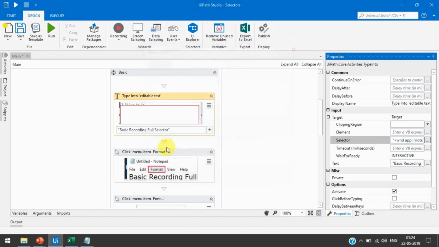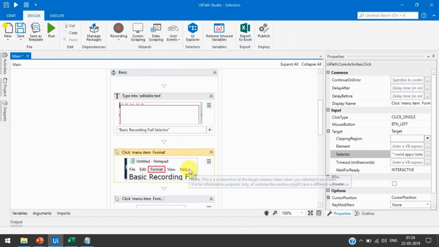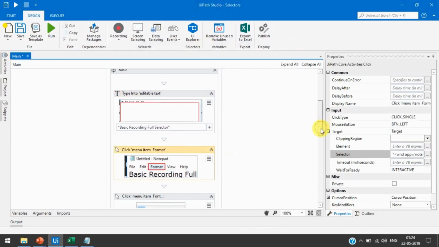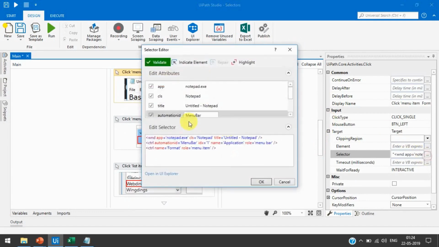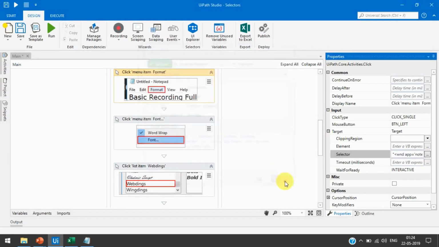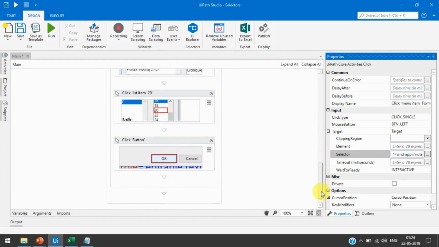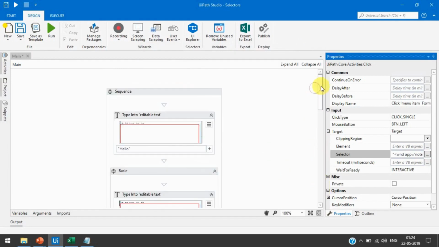So in every activity, because there is no container in basic recording, it has one single activity. Here also we will get window app equal to notepad.exe, class notepad, title equal to untitled notepad, right? So this will work the same as a partial or full selector. There are no changes.